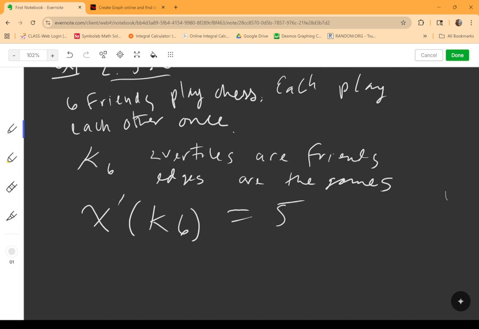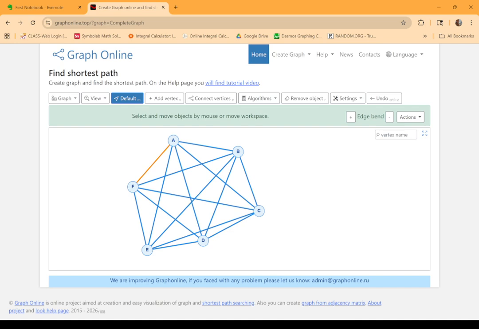So what that means in terms of the problem is that the friends will need 5 hours to complete their play. They will be able to set it up so that at each hour they can rotate, and at the end of those 5 hours, everyone would have played everybody else. Now, an interesting note here is that if we happen to delete a vertex,